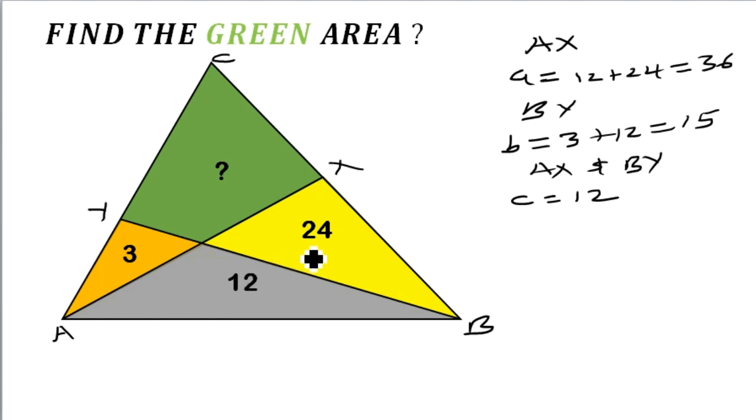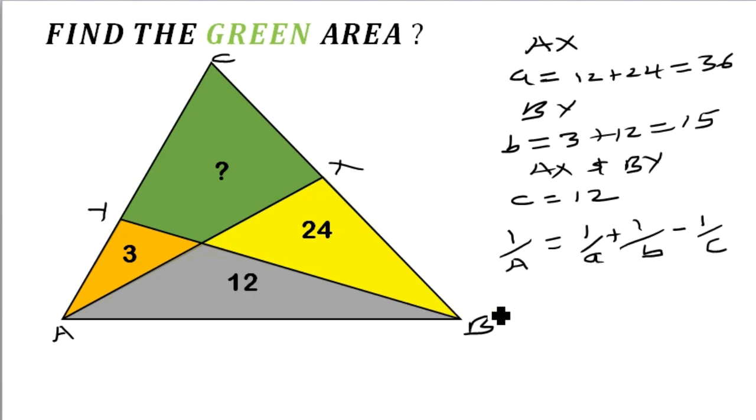Now if you employ the Menelaus approach, the area of the entire region ABC, if we denote it by A, then the ratio 1 over area will be equal to 1 over the first area below the first transversal line, which was A, plus 1 over the area below the second transversal line, which we denoted by B. You can see 12 is below the transversal line AX, and at the same time 12 is below the transversal line BY, which means this is a common region of area 12. So it has been added twice, and for you to get that ratio, you subtract the ratio of the intersection,